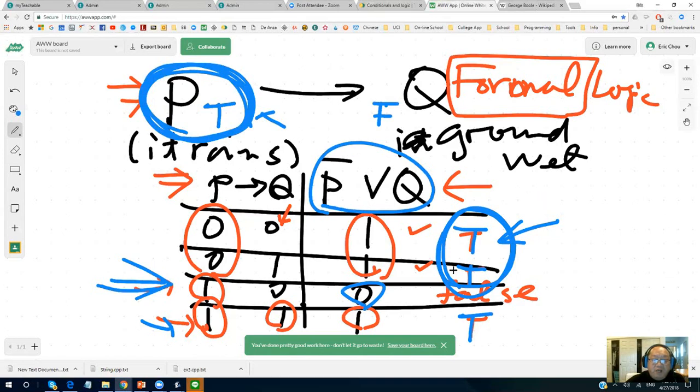Here is formal logic. Right here I use 2 representations. One is a predicate and a logic condition, like this.